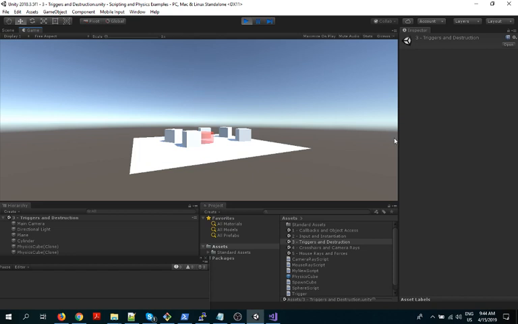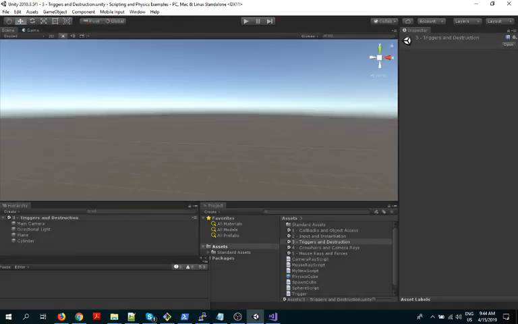Okay, so what we'd like to understand from this is, okay, what's this trigger volume thing? How do you set it up? How do you make the blocks go away when you're done with them? That's all goodness that we'd like to get out of this example. Okay. All right, so let's take a look.